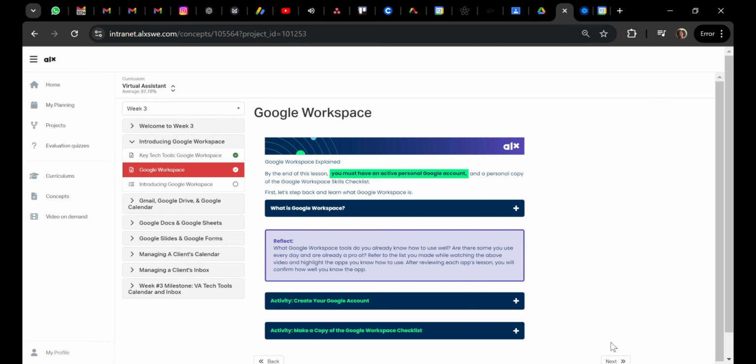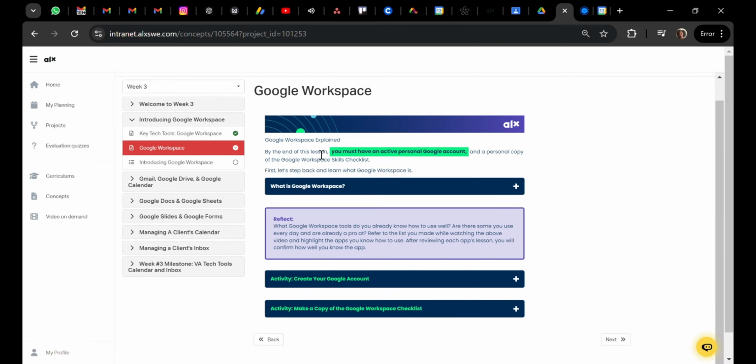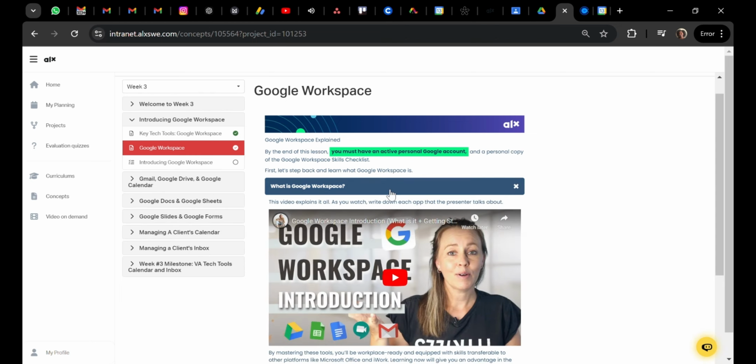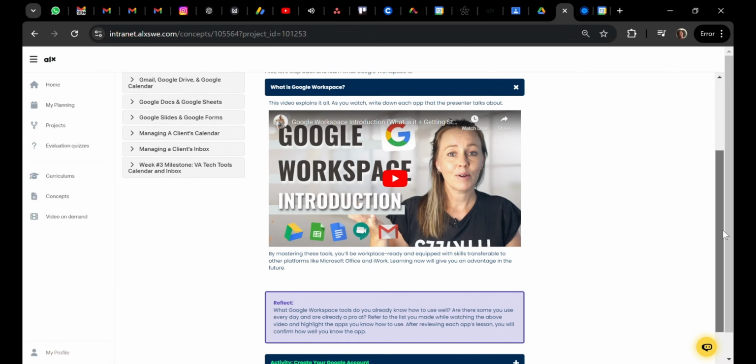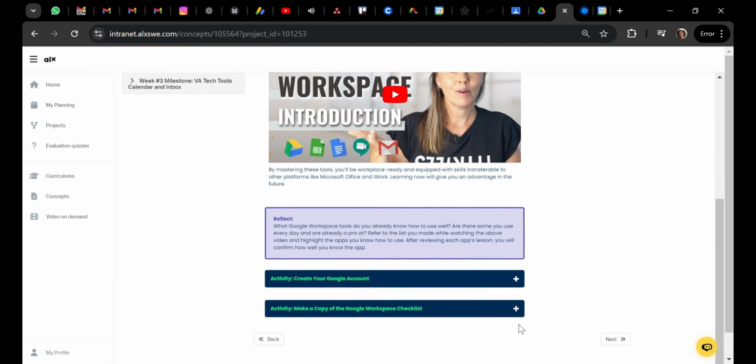So we'll click the arrow, and now under the Google Workspace, there are details that they've provided, and there's a video which you can go through just to understand more.